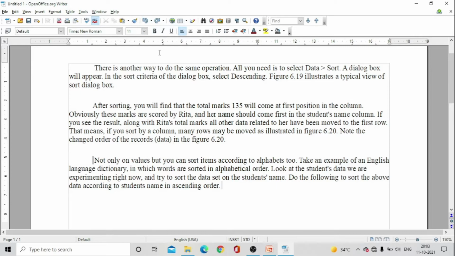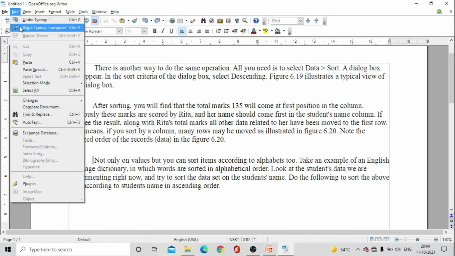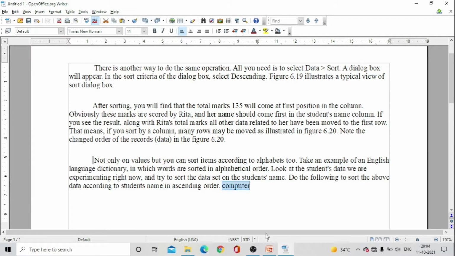The first method was a shortcut key, right? So what was the shortcut key for redoing our actions? It was very simple, that is Ctrl plus Y. So first I'll go for the shortcut key, Ctrl plus Y. Yes, as you can see, my action has been redone. Now the second method was the redo icon on the standard toolbar. As you can see, my action has been redone again. Now the third method was to go in edit menu and the redo option. So yes, as you can see, our action has been redone again.